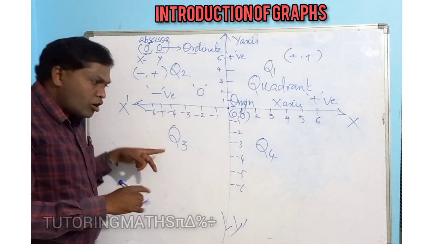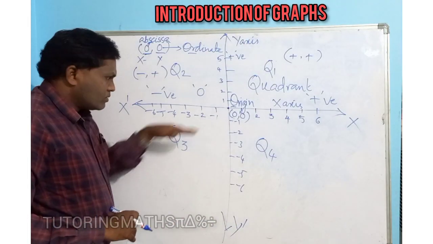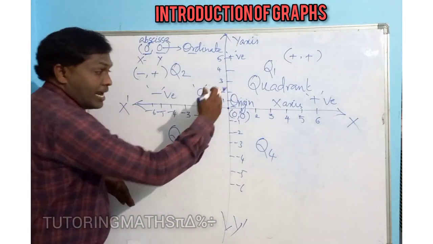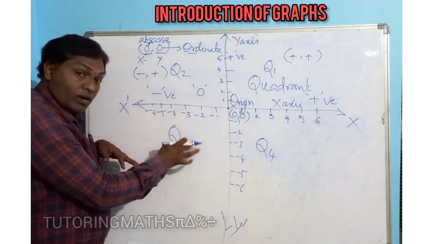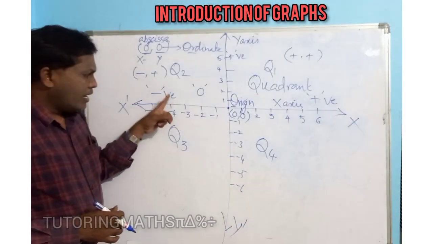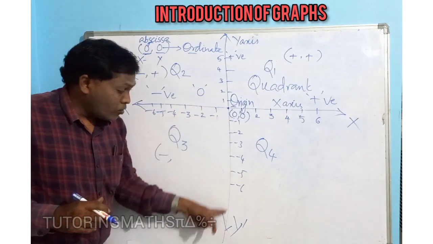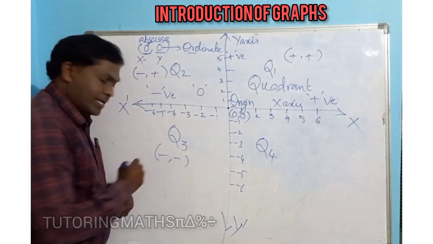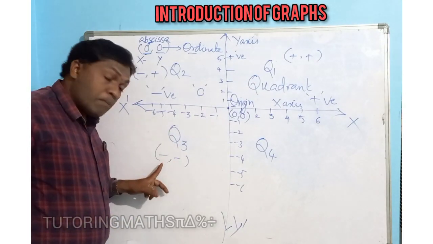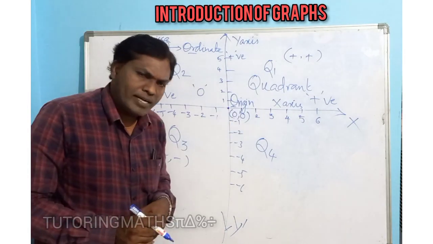And the third quadrant is occupied by the negative x-axis and the negative y-axis. This Q3, the third quadrant, is occupied by these two lines and their values are negative, negative. The first value, the x coordinate, is negative, and the second value, the y coordinate, is also negative, so we get minus. So please keep in mind, my dear students, the third quadrant always represents minus minus. And coming to the fourth quadrant, you know that.